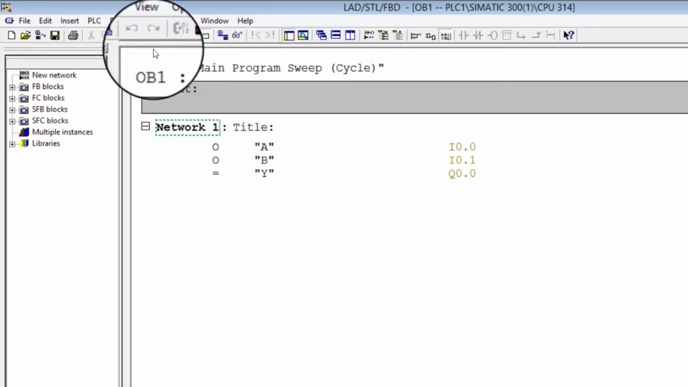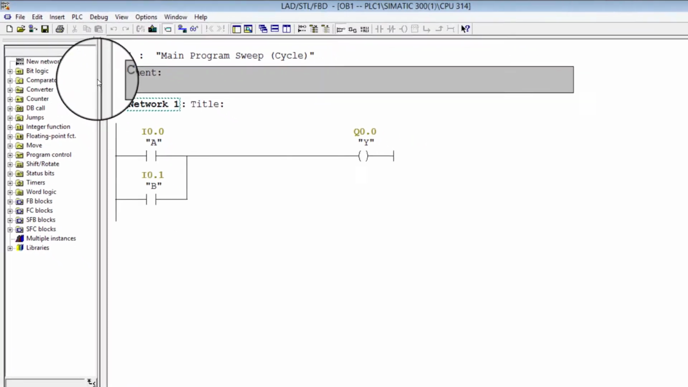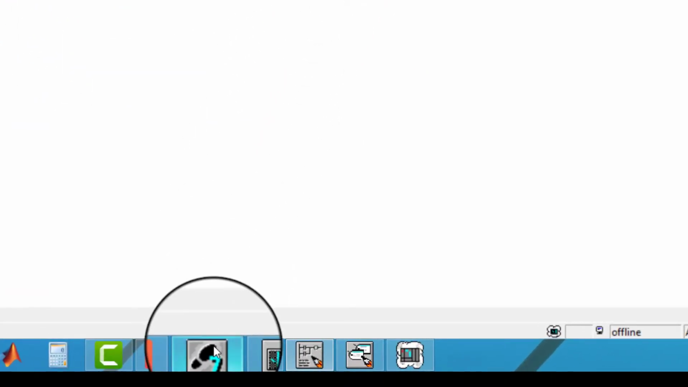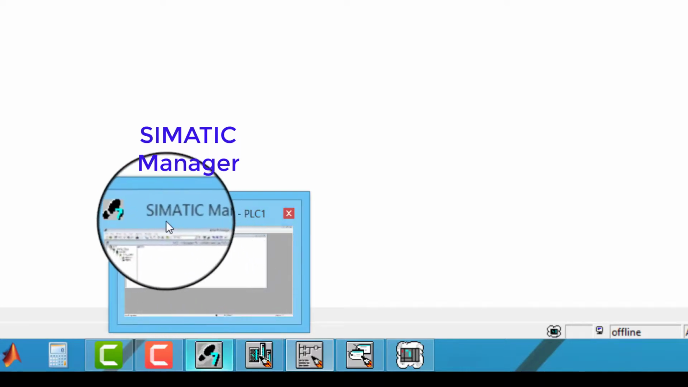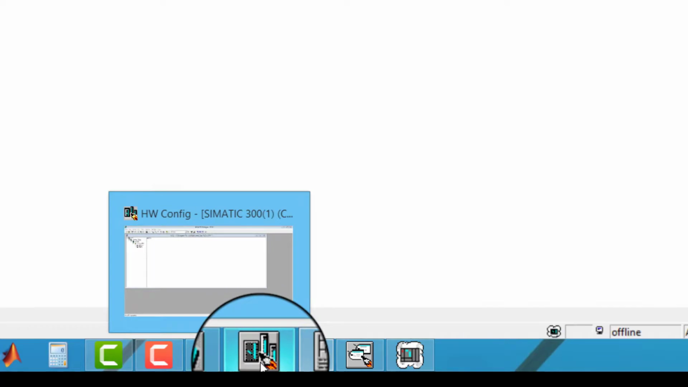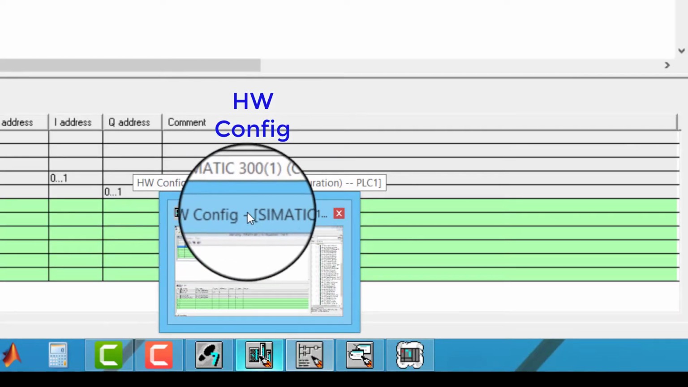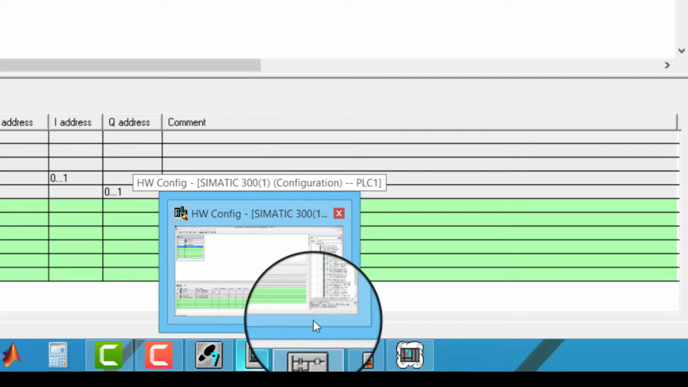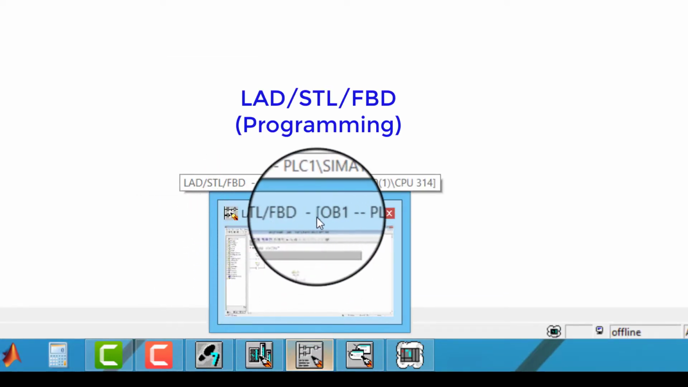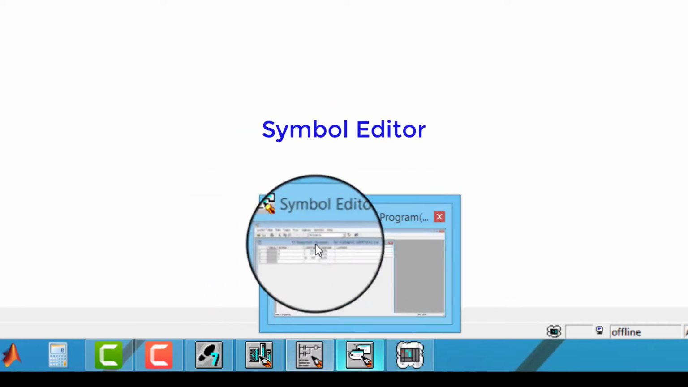In this video, you will get acquainted with 5 important windows in Step 7 software. These windows are Simatic Manager, Hardware Configuration, Programming, Symbol Editor,